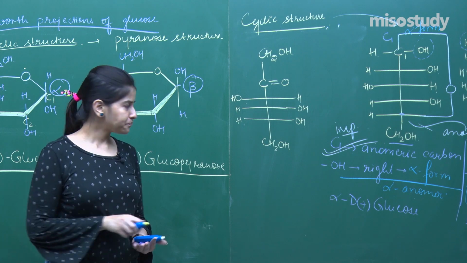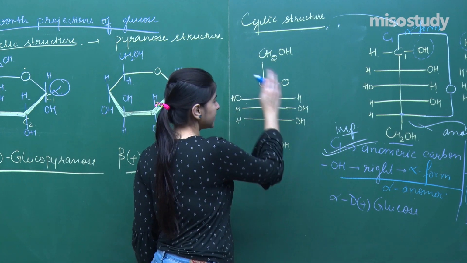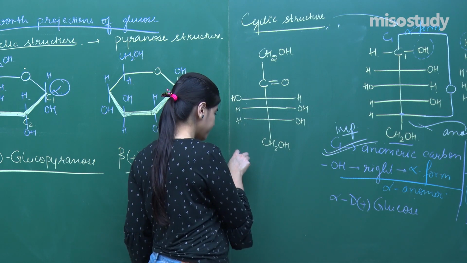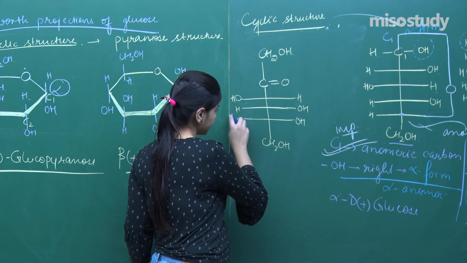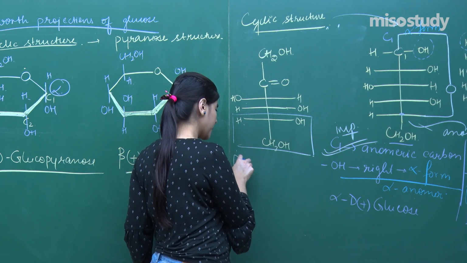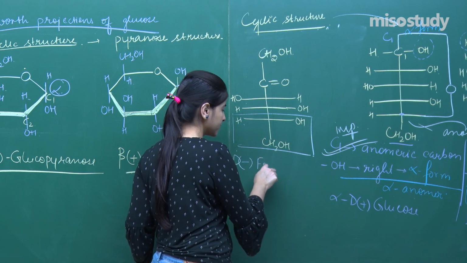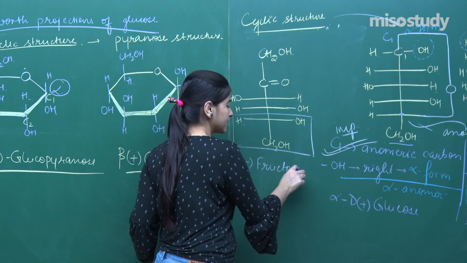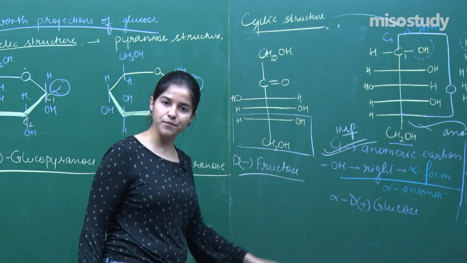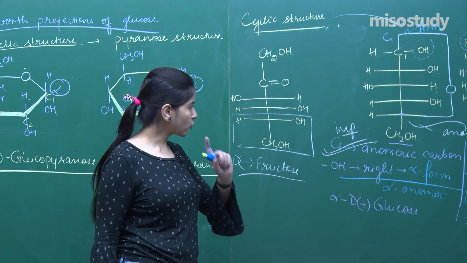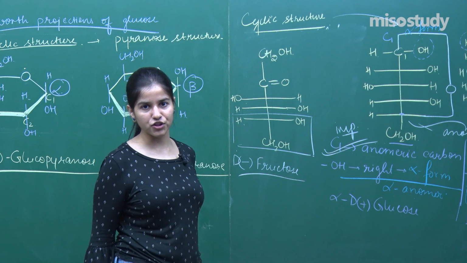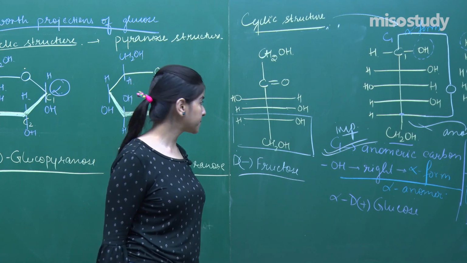Clear about it? So it's basically an open structure and is known as D form, so it's D minus fructose, right? Always remember that this form over here which we are representing is minus, not plus. Remember that, right? It is going to help you whenever you are writing down these names in your examination. It will fetch you marks, right?